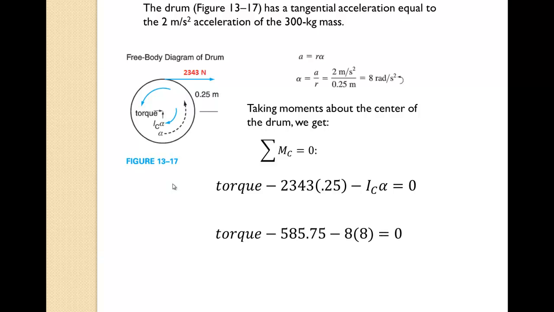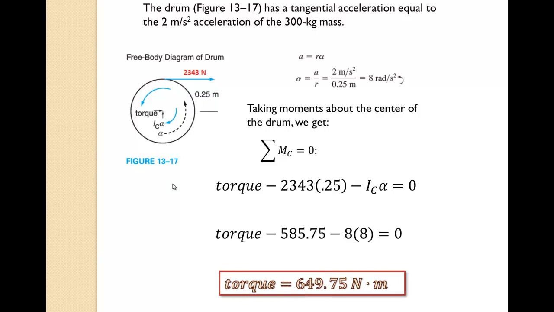So if we plug in some more values and solve, we get this. And then finally solving for torque, we get that to be 649.75 newton meters. And of course that'll be counterclockwise. So this is the basic setup for these types of equations when you're dealing with dynamic equilibrium and dealing with